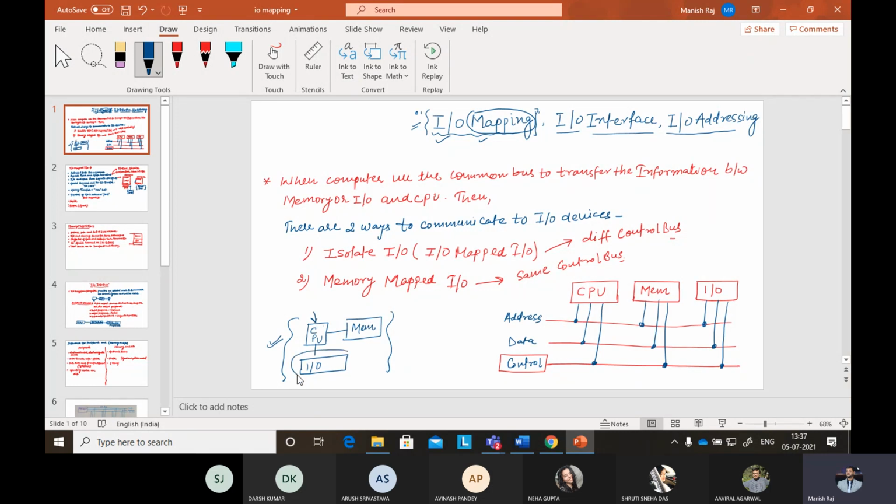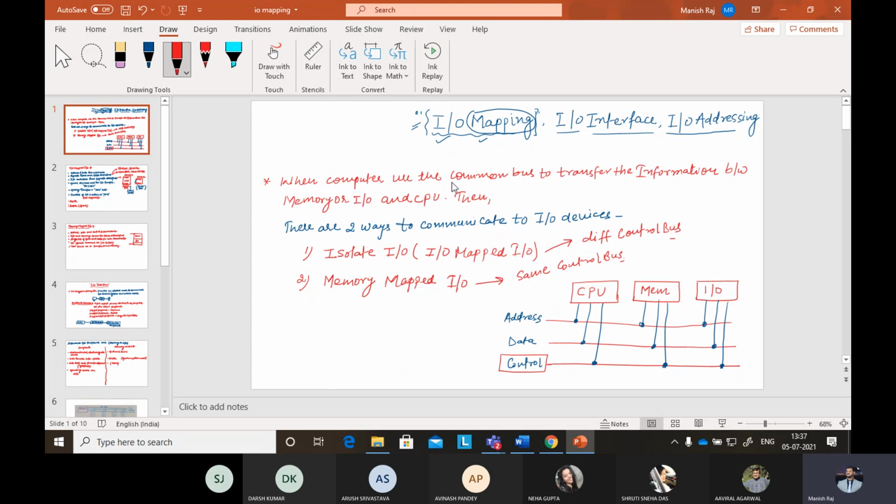So here we will learn how we can map these IO devices to the CPU or the memory. There are some techniques to interconnect, or map, these devices to the CPU. There are some methods for that. Now one by one I will go through these methods and how we can map those particular parts.